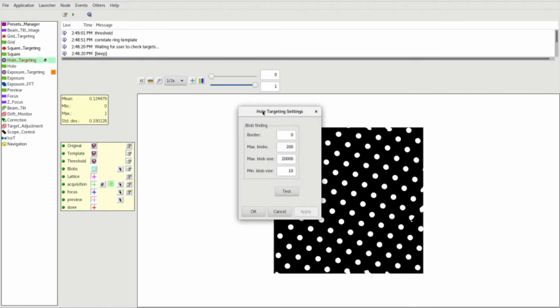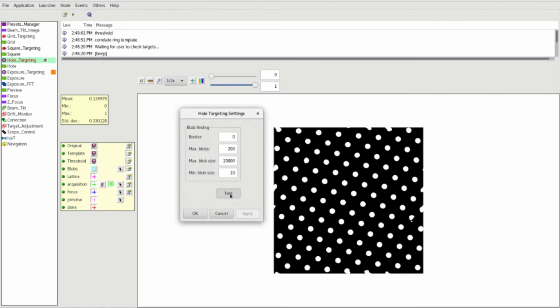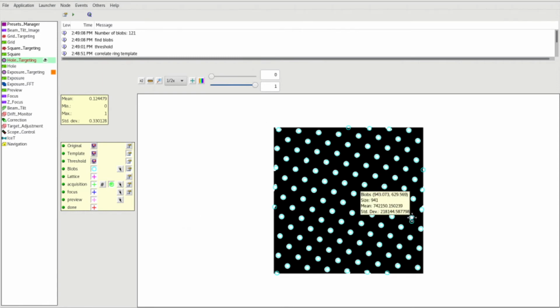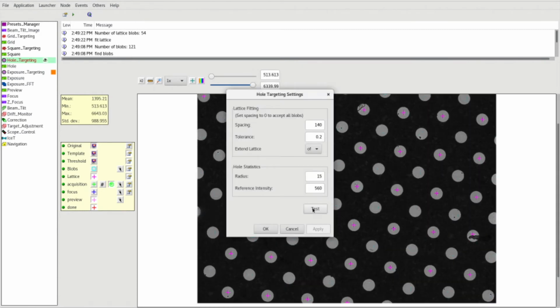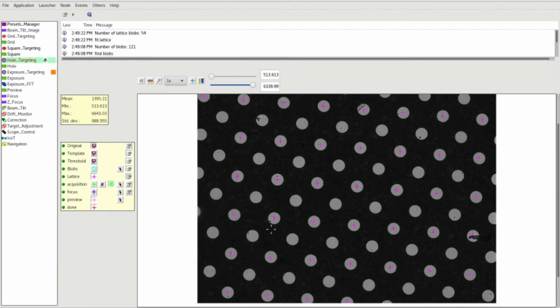Blob Settings. You can change these values as you need. Test. OK. Next is Lattice Settings. Test. So these lattice points are a bit too close, so we're going to measure from the first hole to